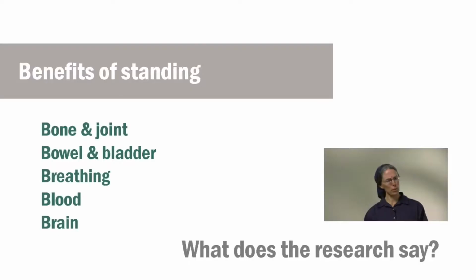We will be looking at standers. As a colleague of mine has always enjoyed saying, standing is about the 5 B's. But what we want to know today is how many of these are actually backed by research? What is the evidence base? We talk about cardiovascular, pressure relief, the upright posture for social development and vision, but what is actually there in